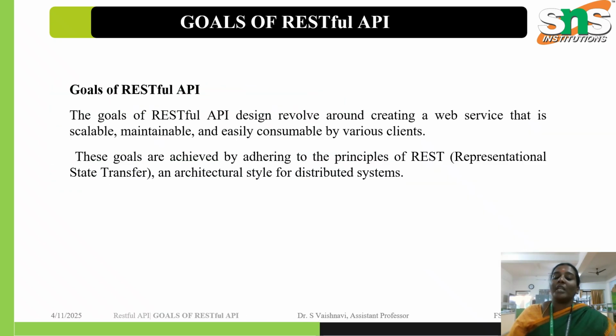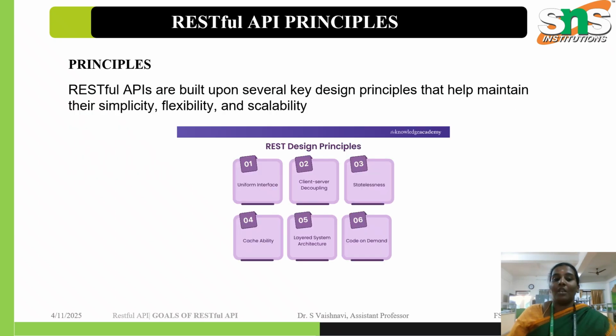So the goals of the RESTful API involve designing and creating web services that are scalable, maintainable, and easily consumable by various clients. The goals are achieved by adhering to the principles of REST. REST is nothing but representational state transfer, an architectural style for distributed systems. So these are the principles of the RESTful API, key design principles that help to maintain simplicity,